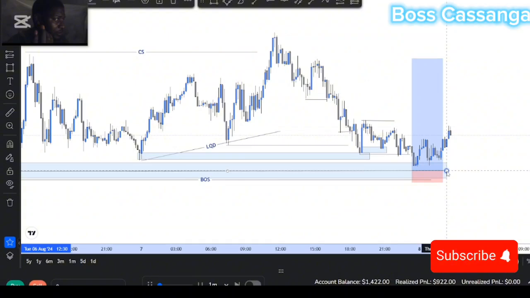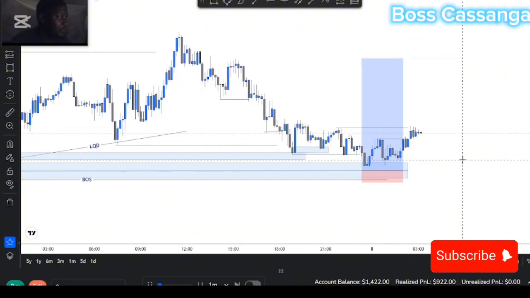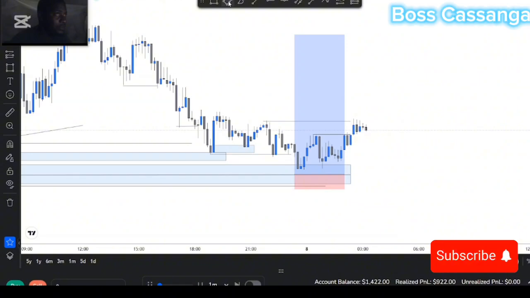The market did break this here, telling us the market wants to align with the higher time frame that is going up. So which demand zone broke this zone? I'm just going to look for that demand zone that broke this zone. It's this one here, but the problem is I don't have an imbalance anywhere here, so this might also be a tricky trade.